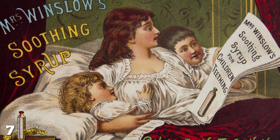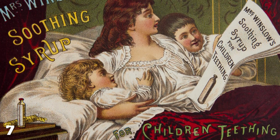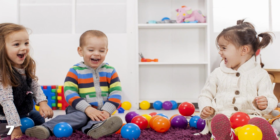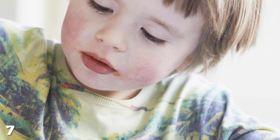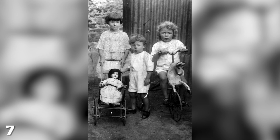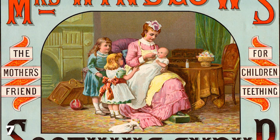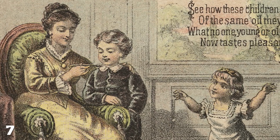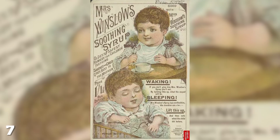At number 7, Mrs. Winslow's Soothing Syrup. Today, if you want to settle your kids down for the evening, you just sit them in front of the TV and pump the little shit machines full of carbohydrates. But in the 19th century, they had a different solution: Mrs. Winslow's Soothing Syrup. This syrup was an extremely popular drug amongst parents of the time, as not only did the